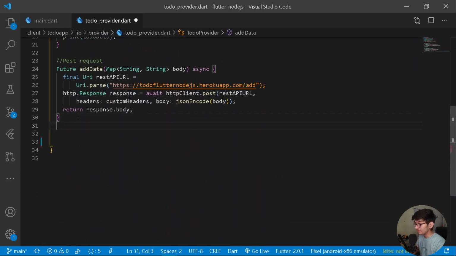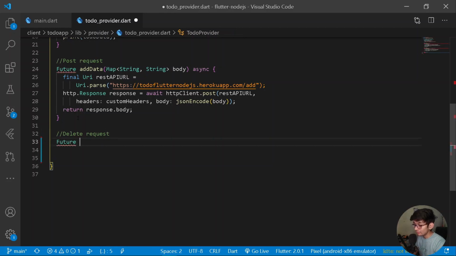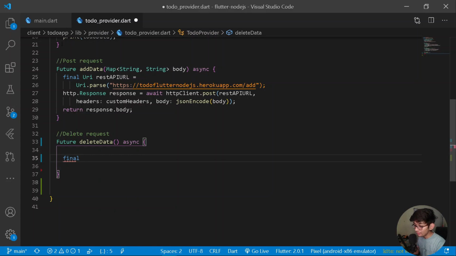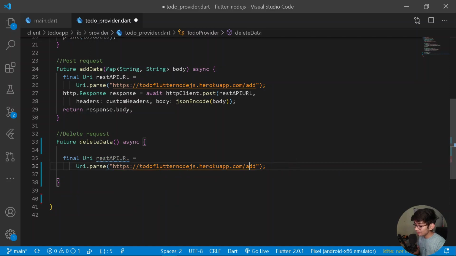So here let's create a new method for simply deleting our data. So here let's have a delete request. Under this let's have a new method called deleteData. Just like this, let's make this asynchronous, why not? And under this method, first of all let's have our new URL. For that purpose, let's copy the following thing here and paste it here, just like this. But here, instead of the path of add, let's have the path of delete. If you remember, we have added the path of delete here.